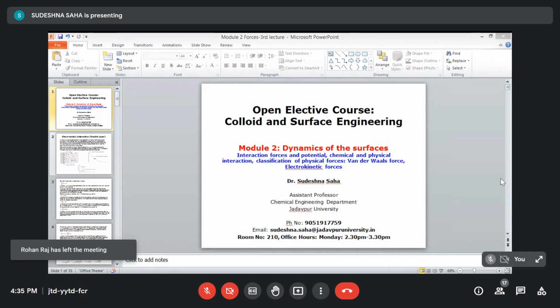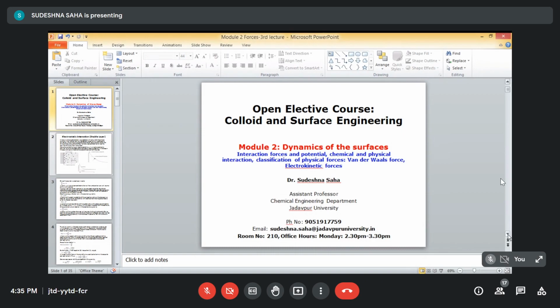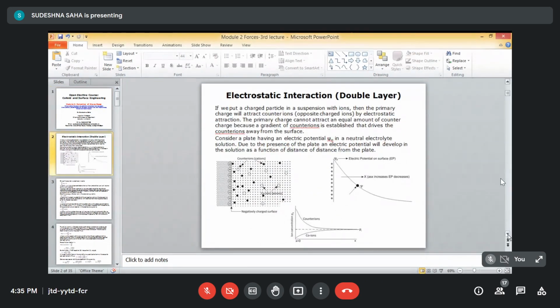Okay, so without wasting further time, let us directly go to today's discussion. We have talked a bit in a nutshell about electrostatic interaction in the last class, but we will go into a bit more detail about electrostatic interaction and what double layer formation is, in this particular class. So as I mentioned in the last class, if we put a charged particle in a